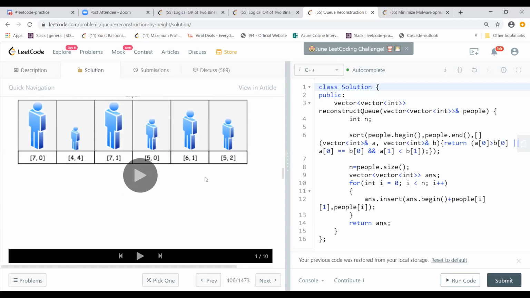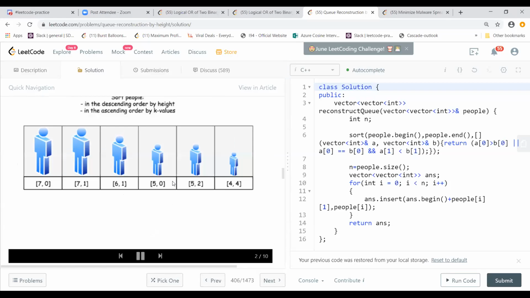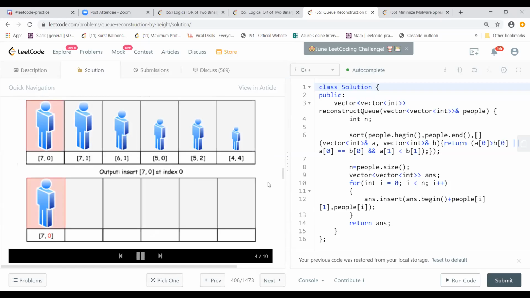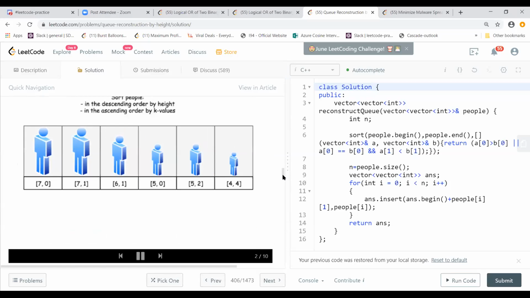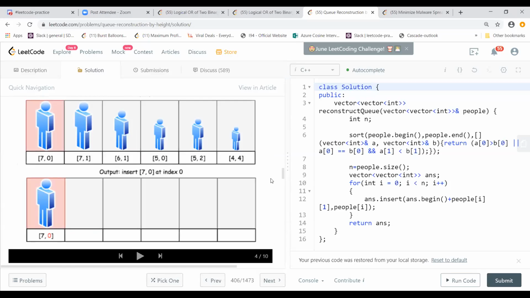Okay, so you want to run through this? Yeah, so the first comes here, so this one, then it will move here. So this is what happens. What I found is, first they sort this way, right? This is the way it is sorted: sort with increasing height, but if the heights are the same, then the second parameter is in ascending order. Whenever you are putting, you take the first one and put it in the first location. When you go for the second, you put it here.